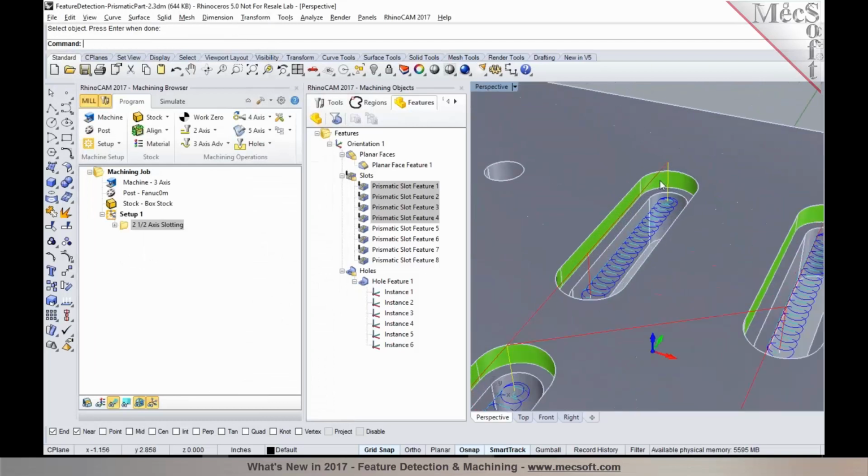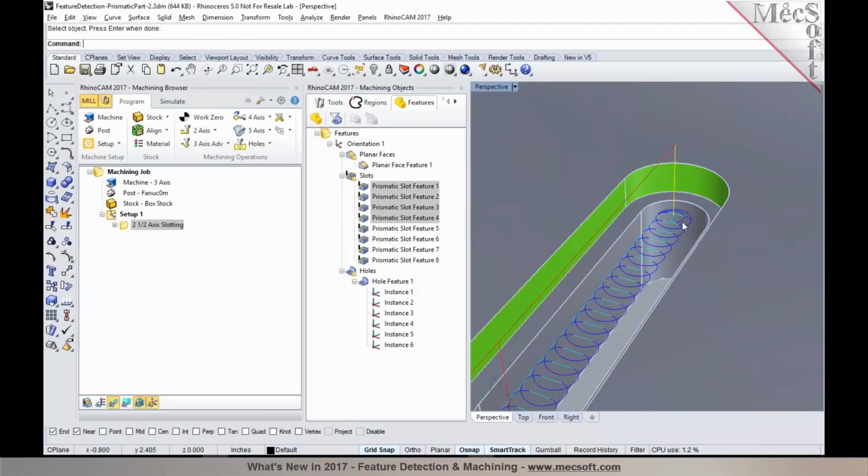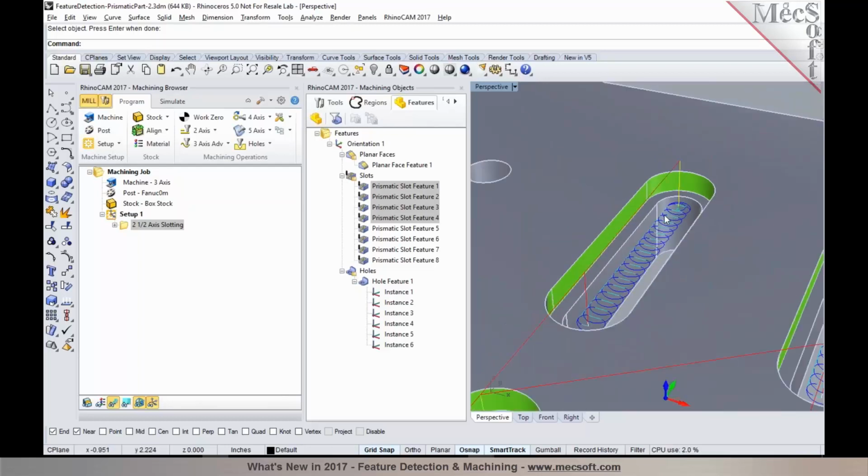So in this particular case, you can see that the toolpath creates a trochoidal toolpath when the tool diameter is smaller than the width of the slot. So if you have a tool that's exactly the same width as the slot, the toolpath would be different, which I'm going to show it to you in just a moment. So I'm going to select the second set of slot features in here,